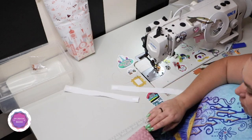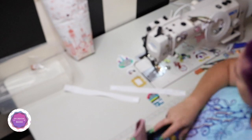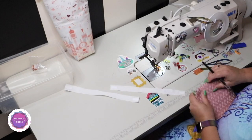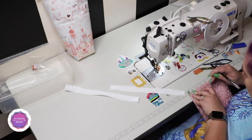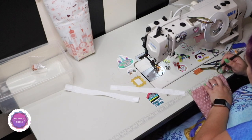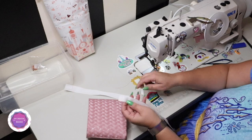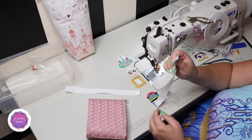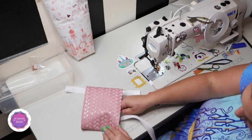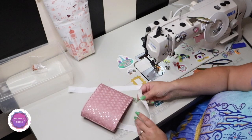Okay, so now I want to measure my placement to be about 1 inch and 1/4 in from each side. So I will measure and put my marking on the inside. Okay. Remove the sticky tape. And making sure that the handle is not twisted, I'm placing about 3/8 of an inch of the handle inside,